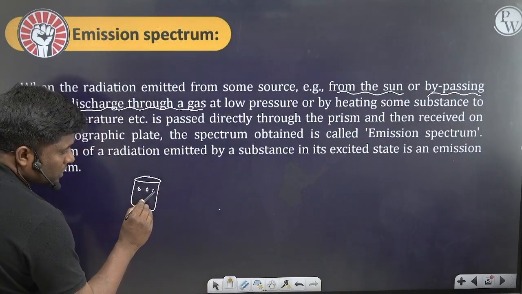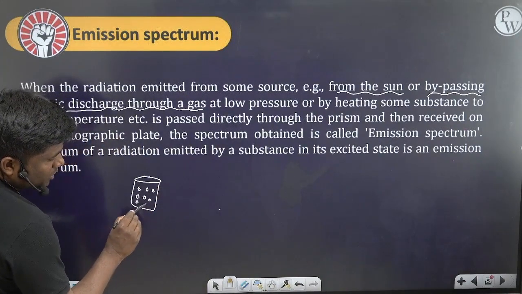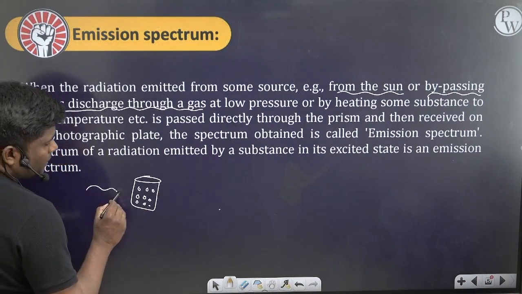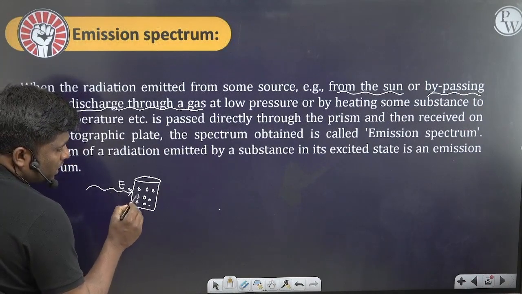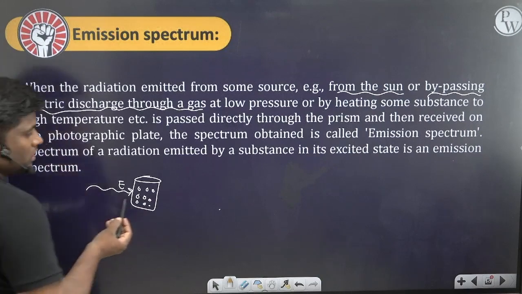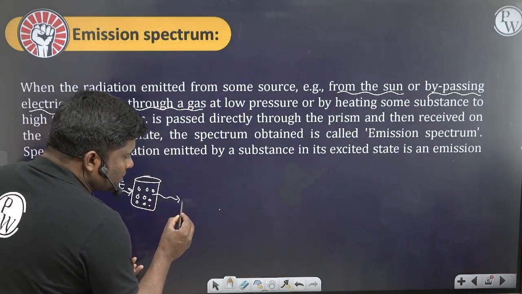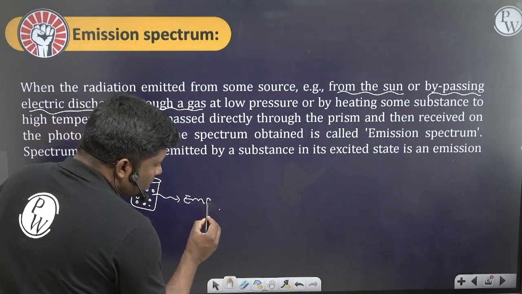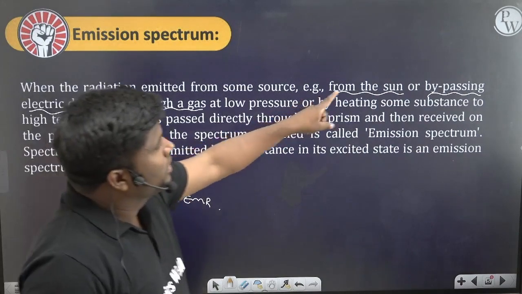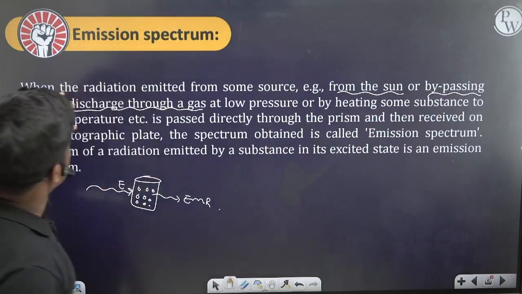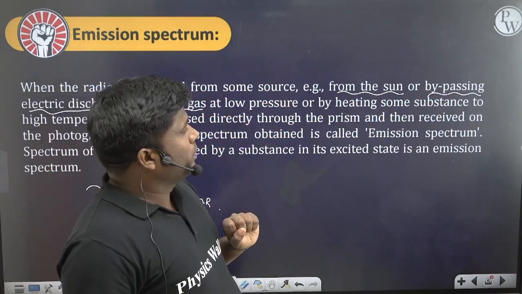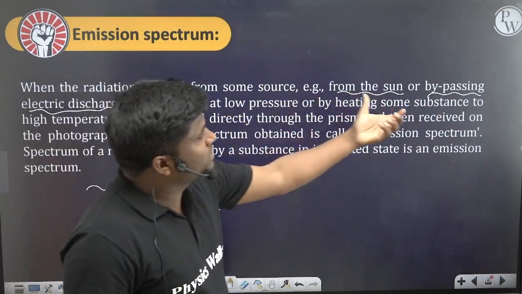In this, what particles are there? Gaseous particles are there. So we are passing some electrical energy into these gaseous particles. These gaseous particles absorb electrical energy and will generate some electromagnetic radiation or light. That is what is meant by passing electric discharge through gas at a low pressure, or by heating some substances